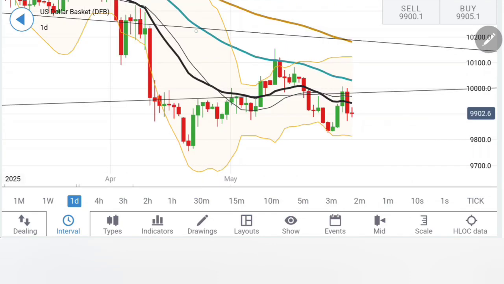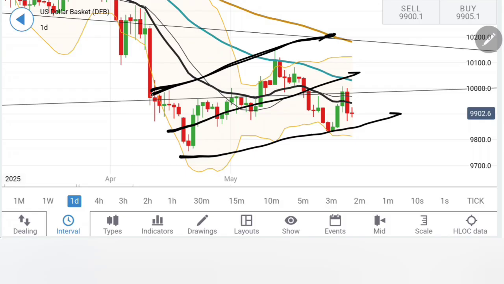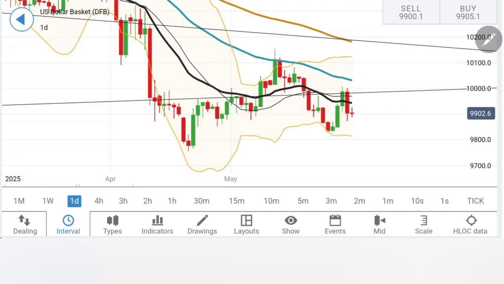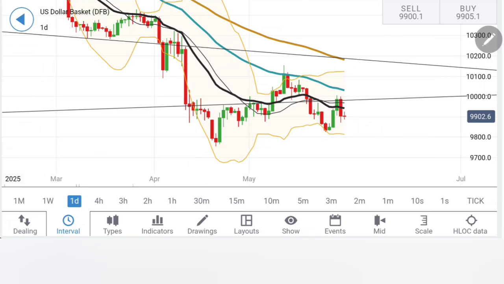Coming to the daily charts, this is what we have discussed in our update. This is how it has been trading. After the drop, it is under retracement. When you look at the near term, there is another formation here. Thus, it is very, very important for the DXY to trade beyond 100, 100.2, then 100.6, and then 100.1. Three levels here. If it stays above 100.1, it is a reversal. You can look forward to the 102 levels directly.